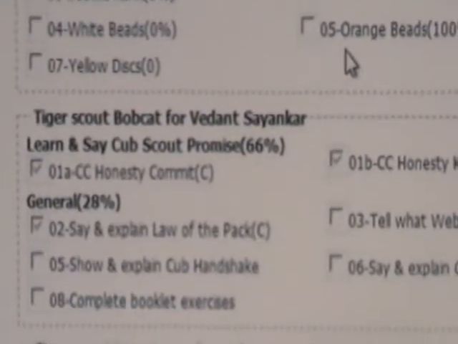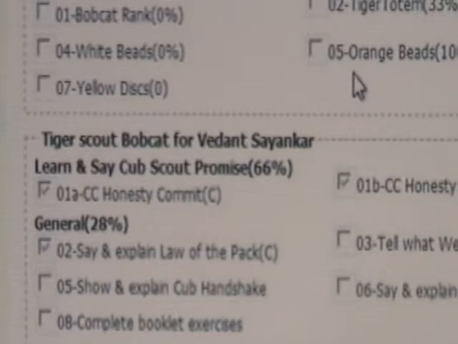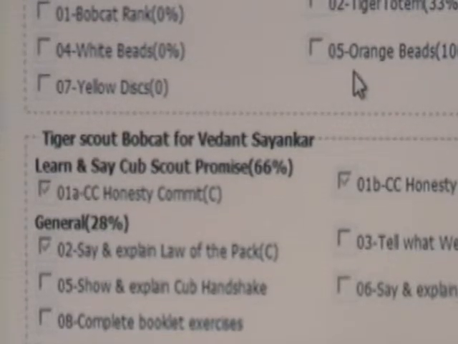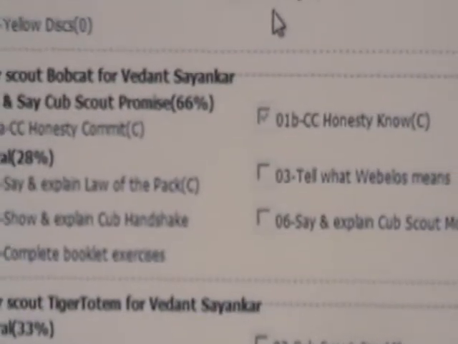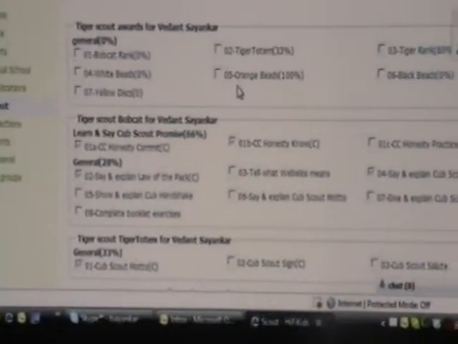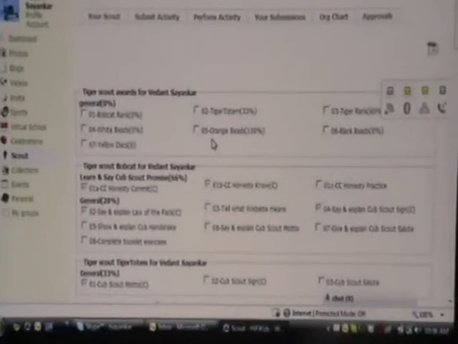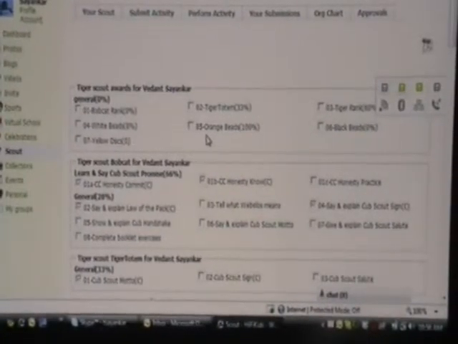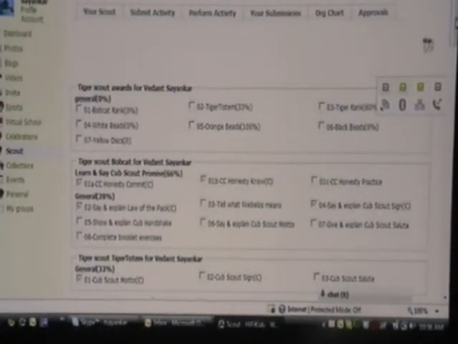You see all the activities related to Bobcat. These are all Bobcat requirements. So this form gives you a complete list of activities which includes electives and achievements.